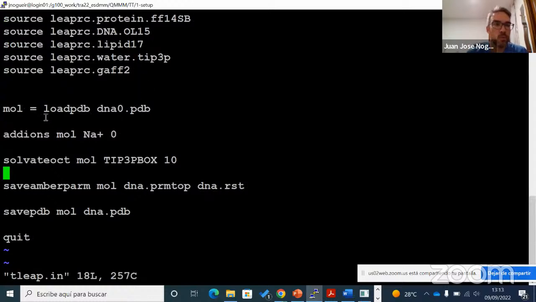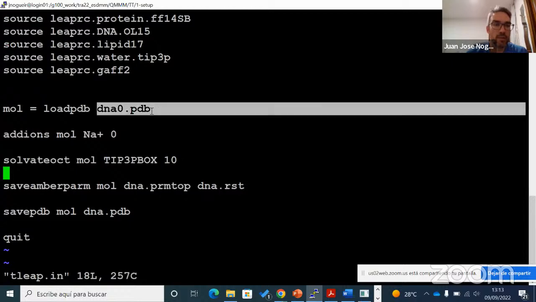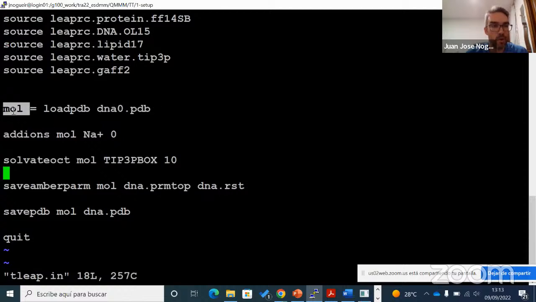So here in tleap, what we do first is we read the PDB file. Okay, this is the PDB file we have created a few minutes ago. Now, we are creating this variable, mol, where mol is our DNA strand. So now we add ions to this system, mol. So we are adding sodium ions until the charge is 0. Okay, that's the meaning of this. Then we solvate the system. We are going to use the TIP3P model for water that probably you have studied also in your molecular dynamics lectures. And we are going to use a